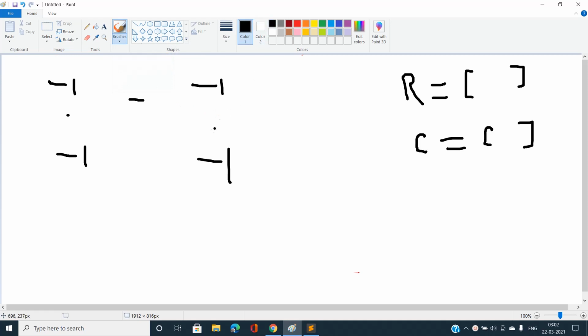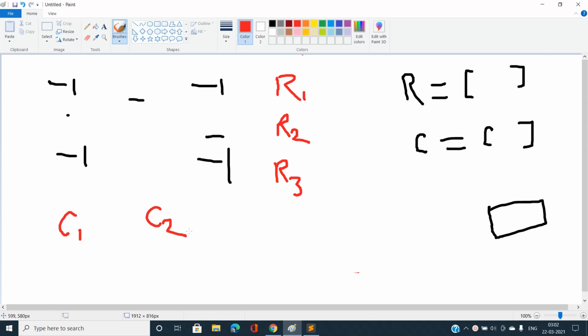I don't know these, so how can we find the exact values of these four cells? You can see this is actually forming a rectangle. If we are facing any cycle of minus ones, then we need to spend some amount of money. So how can we easily find it out? Let's start naming this. Here it is row 1, here row 2, and here row 3, and C1, C2, and C3.